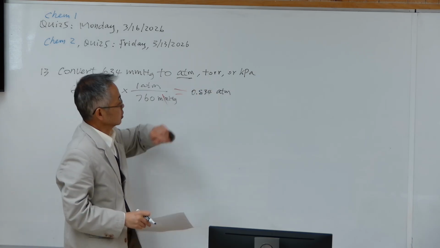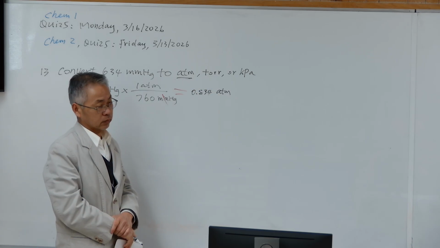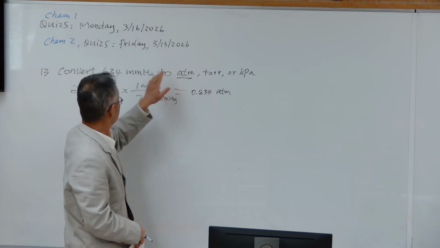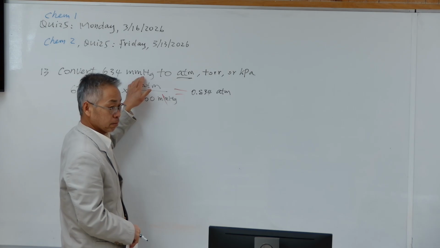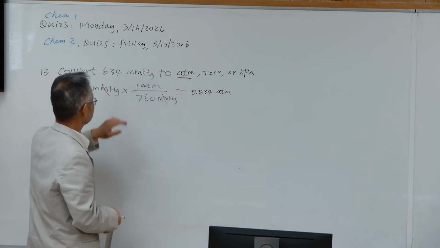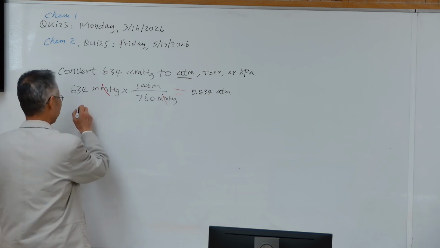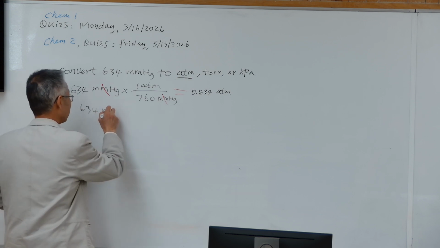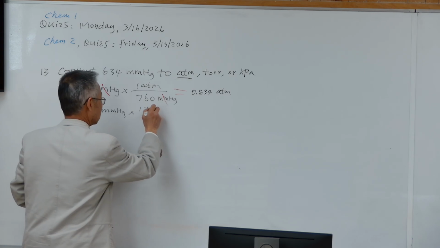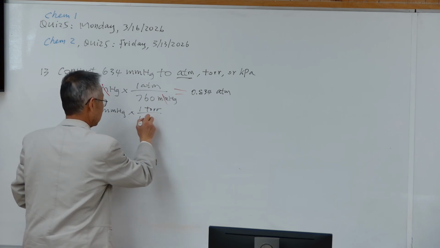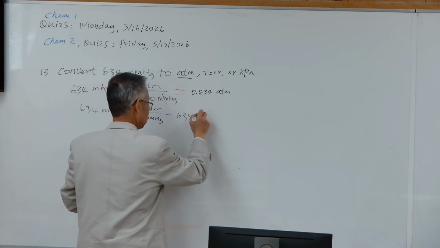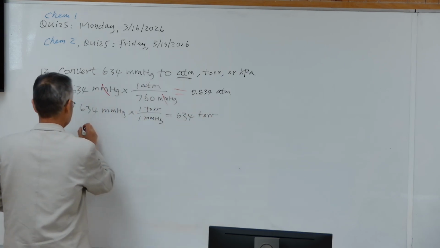I will not ask you this. This is not very common, but it is another unit for pressure. So 1 millimeter mercury equals to 1 torr. Then this is the same. 634 millimeter mercury is the same as 634 torr, because 1 torr is 1 millimeter mercury. Then how about